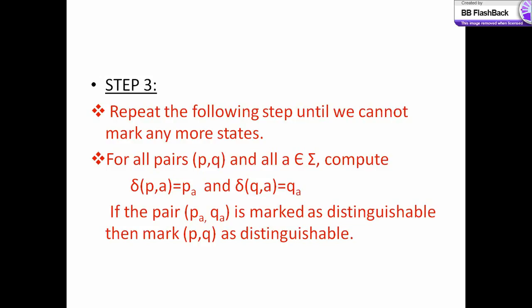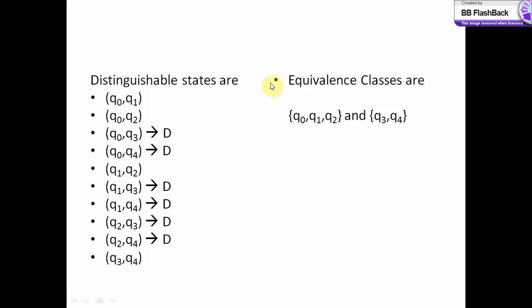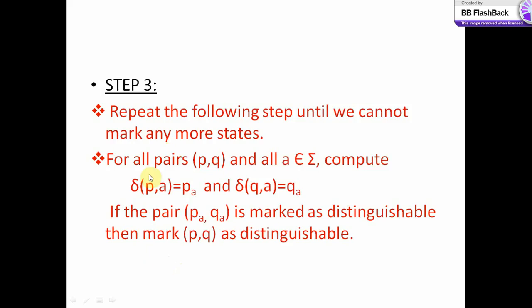So step 3 is repeat. We are going to identify which are all the states that are not marked in the previous step. So there are certain pairs which are not marked as distinguishable in this step. In the third step, we are going to check whether any more states can be marked as distinguishable. So for that, for all the pairs that are not marked as distinguishable in the previous step, we are going